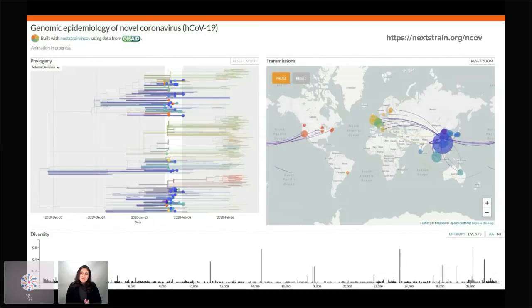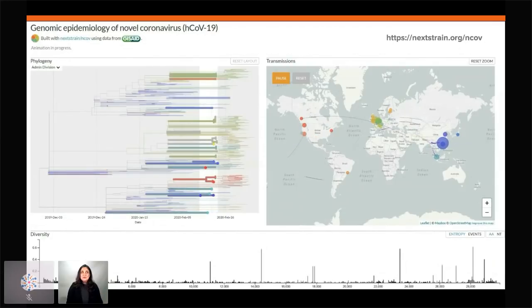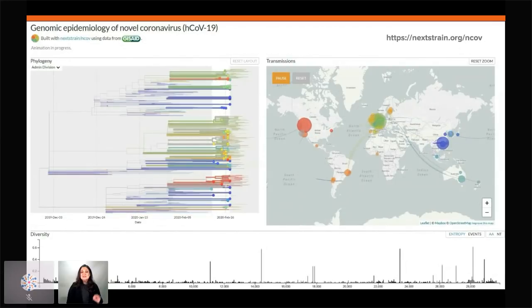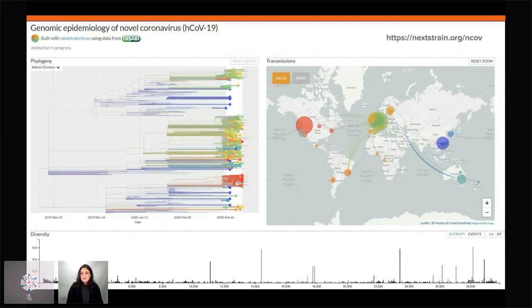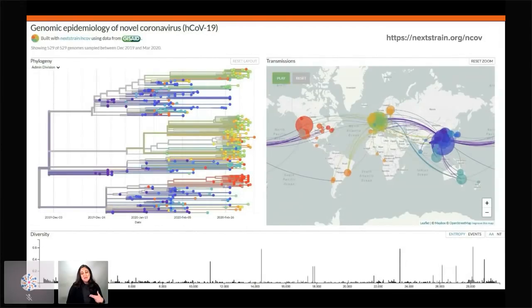Now, I do want to emphasize, it looks like there are a lot of mutational changes taking place, but compared to some other viruses, the coronavirus or COVID-19 hasn't mutated very much yet. There is some talk that there may be actually 2 strains at this time, and one of them is more lethal than the other one.